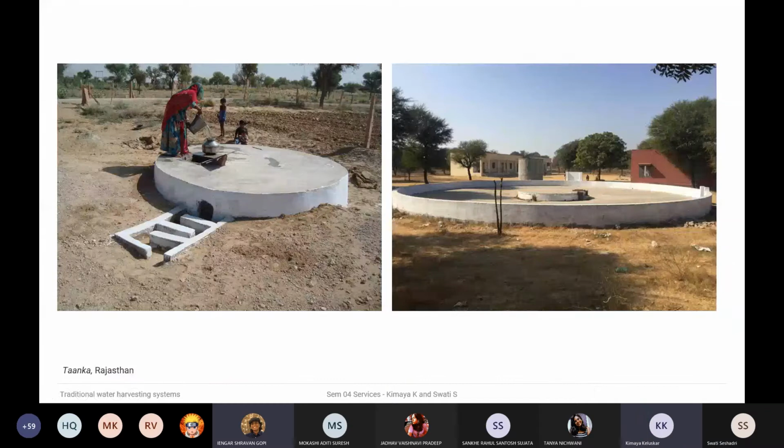Also, the tank that Swati was showing is much larger than the ones you're seeing in the left hand side image, where this lady's been filling the matka. Also, there is no set depth, because they clean the tank and access it. Beyond 2 meters is something that people try and avoid, because a person has to get into it.